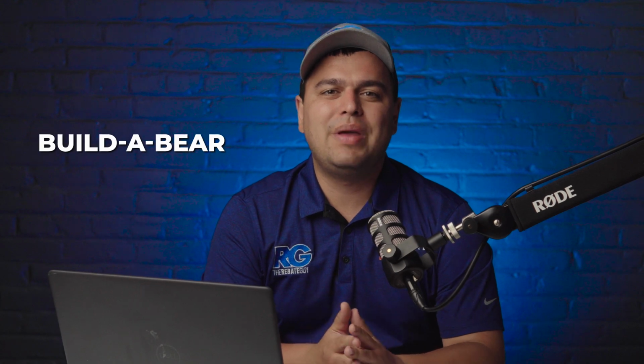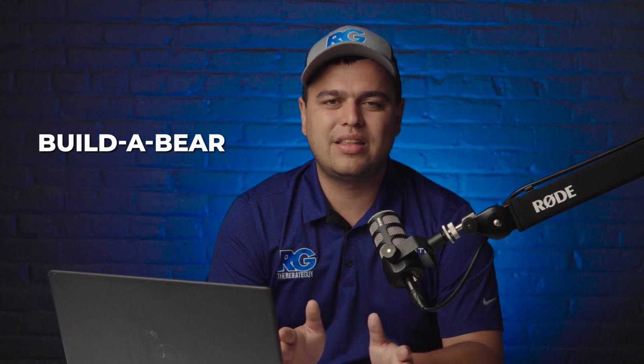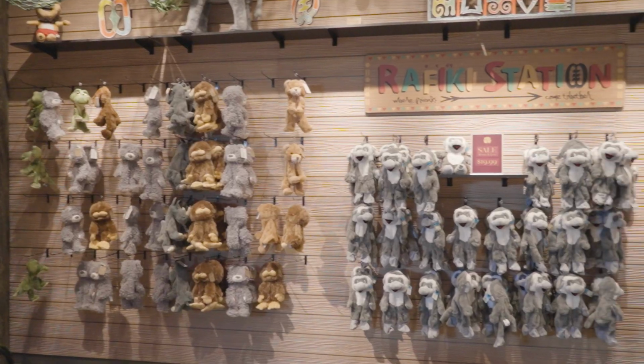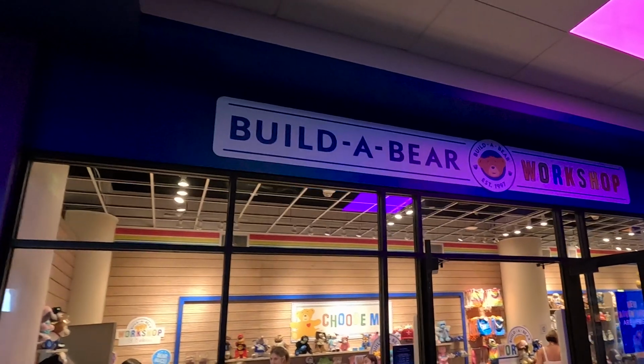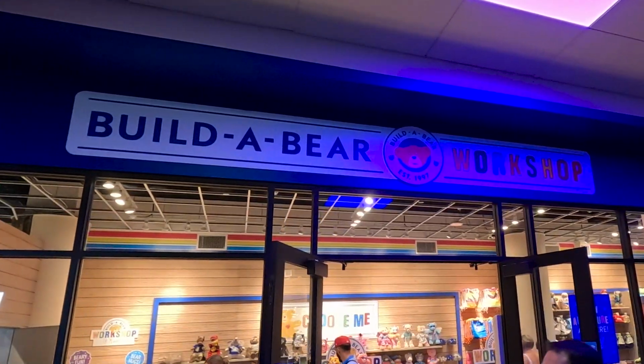And so probably the second biggest change at the resort that we were shocked to see when we walked in, because there was no signs that this was coming down the pipeline when we were there back in February, is when you're walking to Tomfooleries, as you remember if you've been before, on the left side, right before you get to the upper deck of Tomfooleries where the escape rooms are, you had the crafting center where they had the ceramics and the painting and everything, and then you had kind of Kalahari's version of Build-A-Bear, like the stuffed animal center, and then you had their little gift shop up there where they sold a bunch of kids' toys and different things there. So now they have opened actually a real Build-A-Bear, a flagship officially branded and licensed Build-A-Bear at